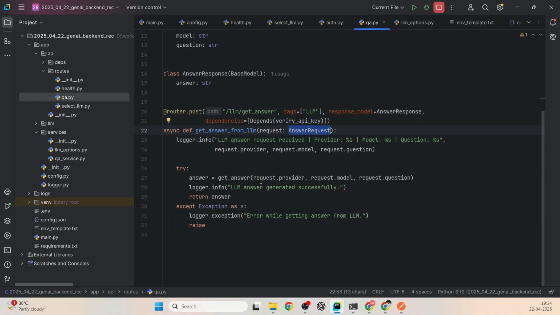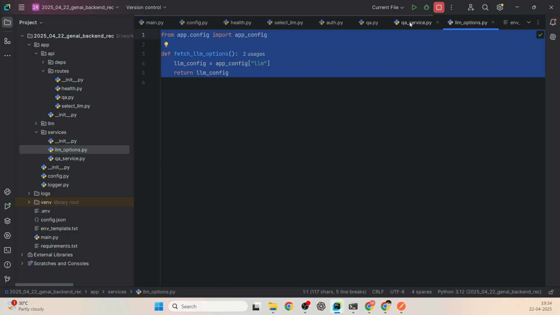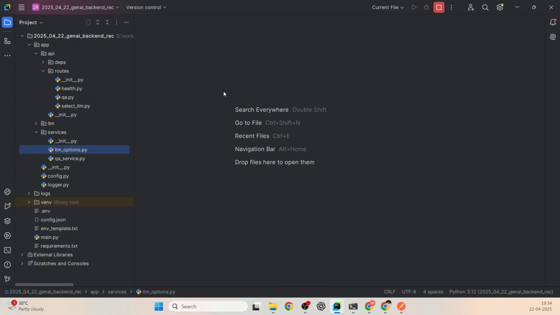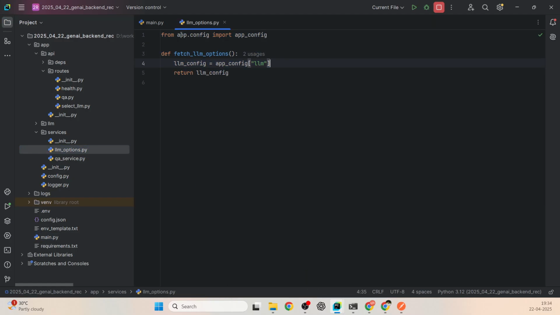So all your functions' logic should be present in your services folder. This is another standard approach that we have to follow. And if you see this LLM options, let me close all the files and open this main.py file. LLM options loads this app config, where we know that this app config is coming from